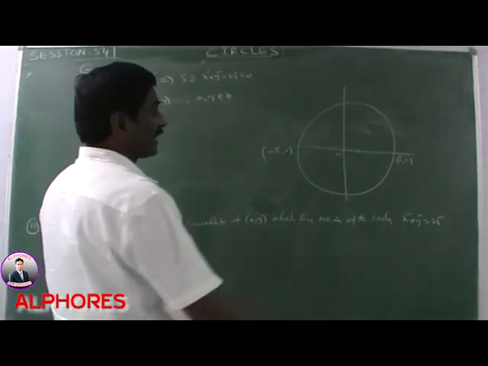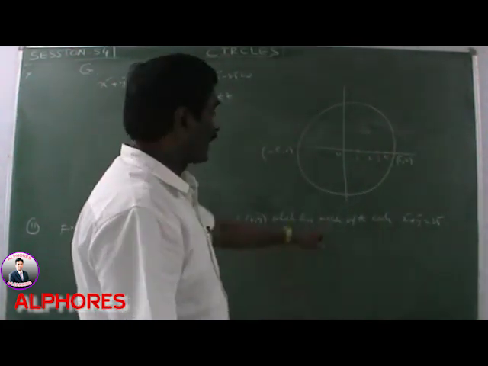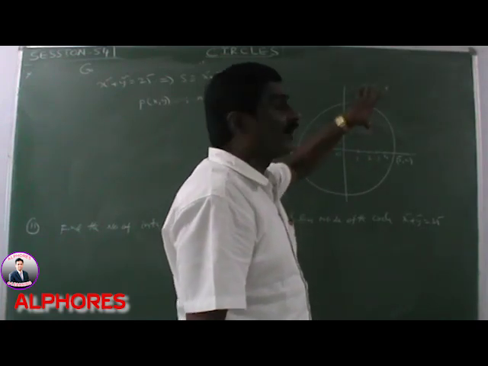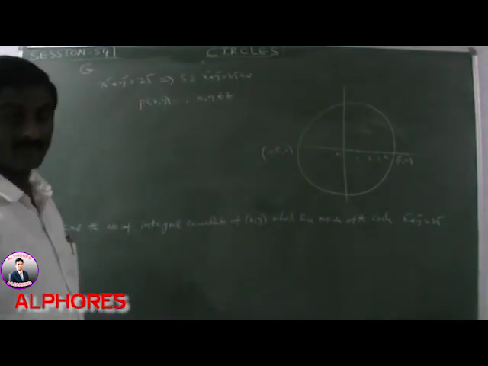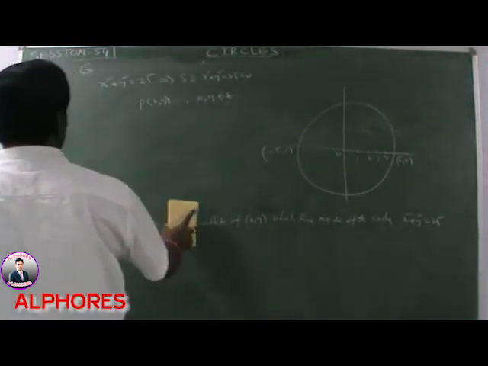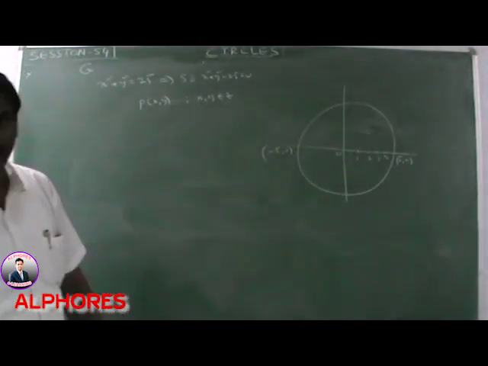In between these values, the integers are 0, 1, 2, 3, 4, 5. Does (1, 1) lie inside the circle or outside the circle? Similarly (1, 2), (1, 3). Find all of these integral coordinates. Find the number of integral coordinates which lie inside the circle. Very, very important this also. Please observe this value.